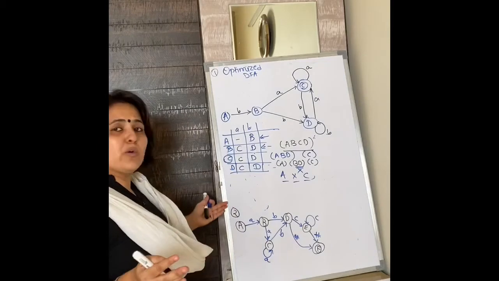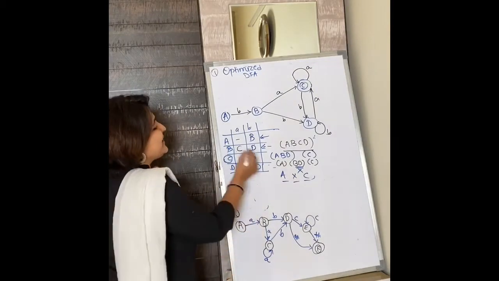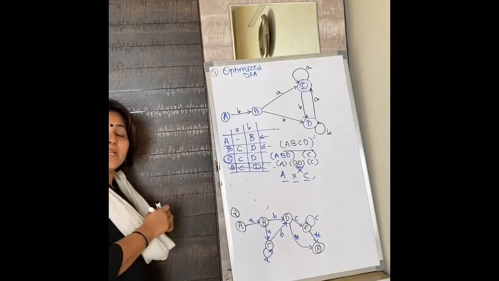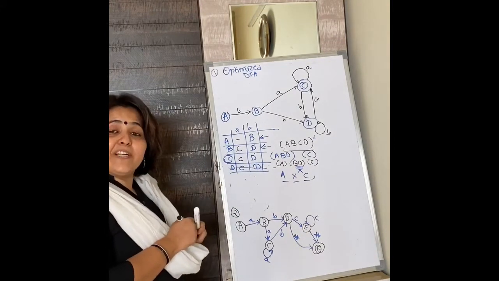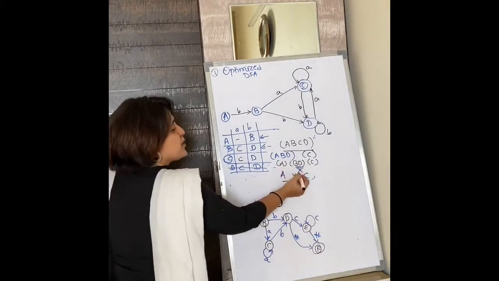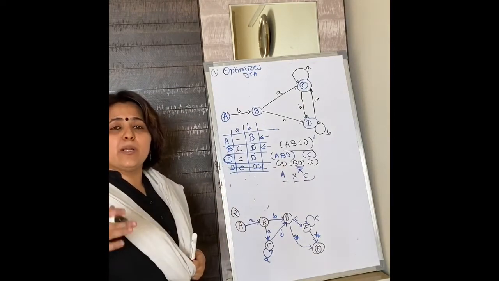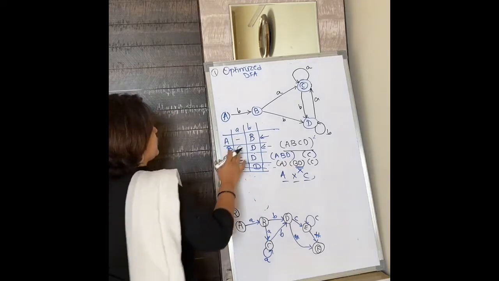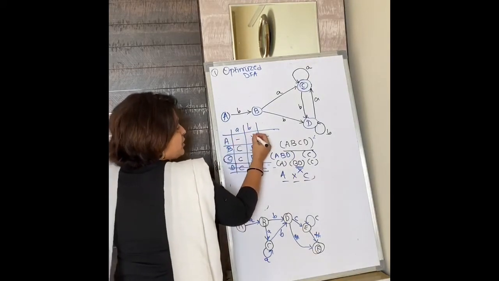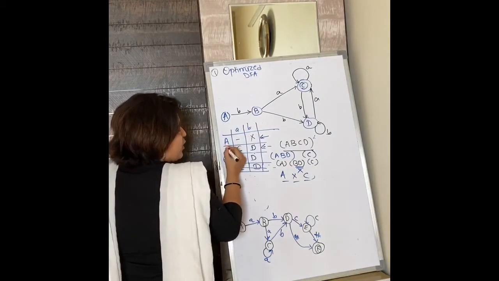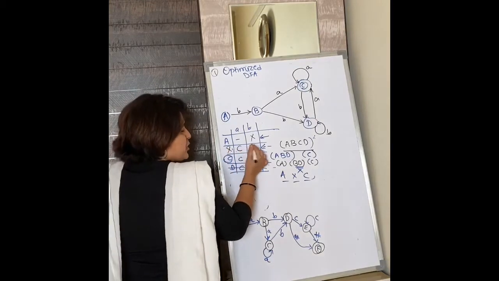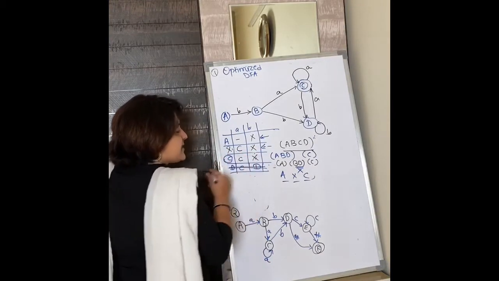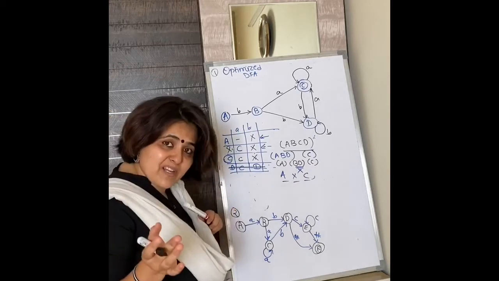In the table, what you are going to do? First of all, from B and D, one row we are going to eliminate. Cancel one row. After that, as B and D have merged to X, everywhere in the table where you have either B or D, that should be replaced by X. So here it should be X, this B should also be called now X, this should be X, this should also be X. Now this is already deleted, so no replacement I am going to make over here.